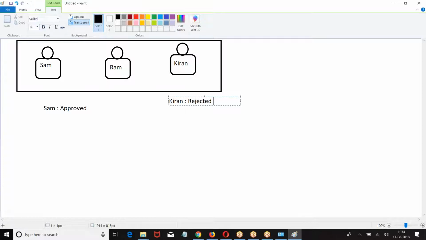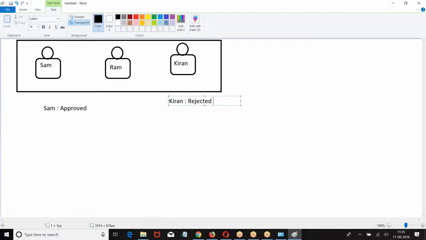So when you are submitting the record to multiple people, whoever is giving the first reply, his decision is the final decision. This is the first response approval process. When I am submitting the record to more than one user, whoever is giving the first reply, that will be the final response.